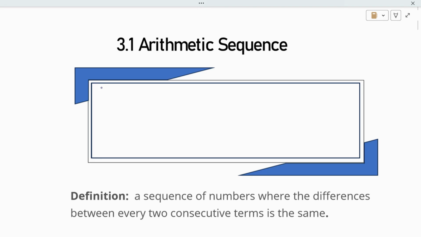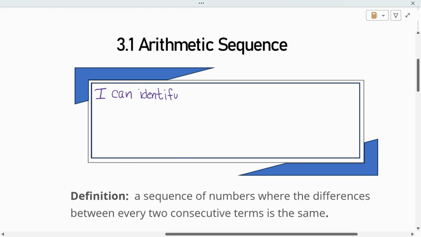So the I can statement, I wanted to do this because you guys don't have your handout for this yet. So I can, and you got to write skinny on this one because it's a lot. I can identify the common difference of an arithmetic sequence